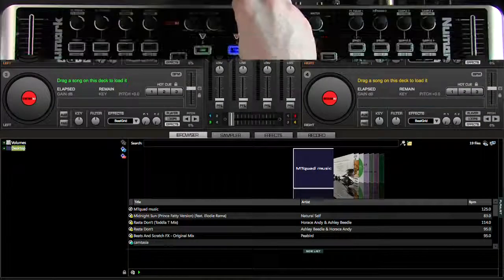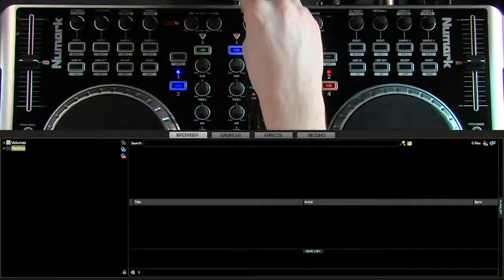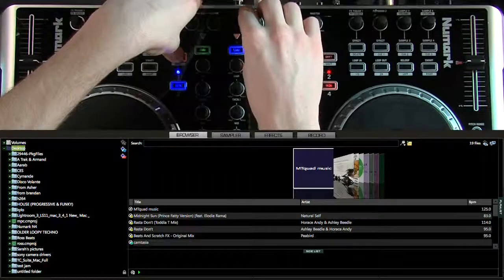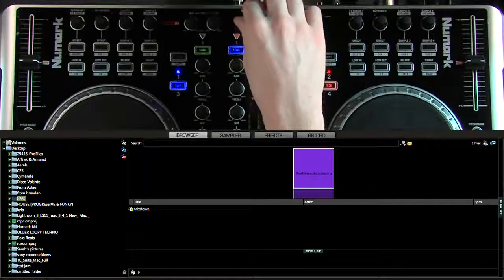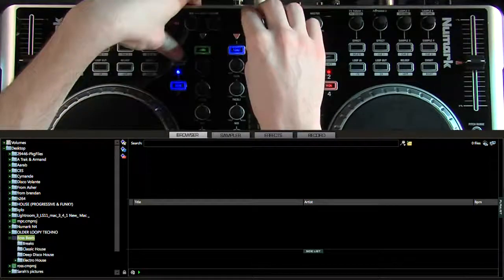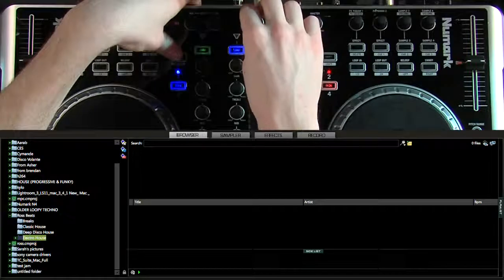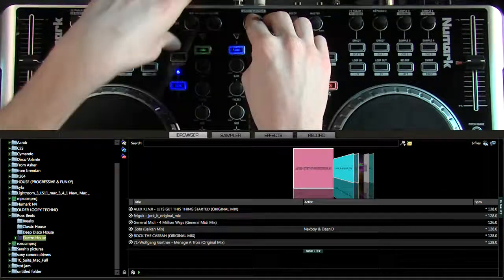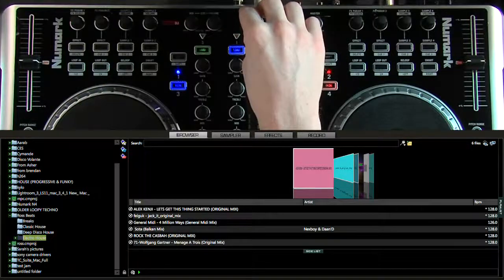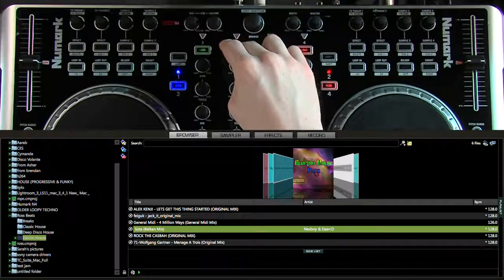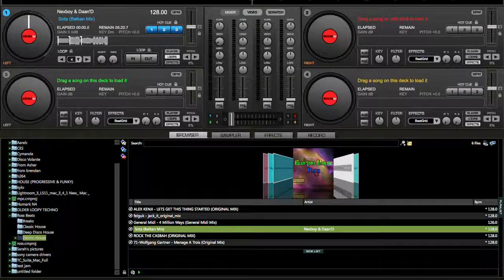Let's take a look. So to get going, move the browser knob up and down through the library, hold Shift and press the browser knob down to expand and implode your folders here. And then once you've found the folder that you're trying to get to, press the browser knob down on its own and start rolling through the tracks until you get to what you want. I'm going to load up a few tracks